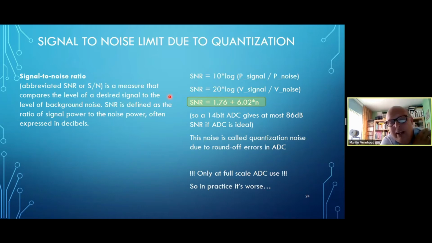If you do that on an ADC, because it's making an approximation of your input signal, it's making a tiny error each and every time that looks like noise, and your signal to noise ratio is at most the formula given over there, expressed in decibels. So the 1.7 plus 6n gives you a rough estimate of the accuracy which is inherent to all ADCs. It will never be any better than that value. So if you need 90 dB, you can at least approximate the effective number of bits you want from your digitizer to work.